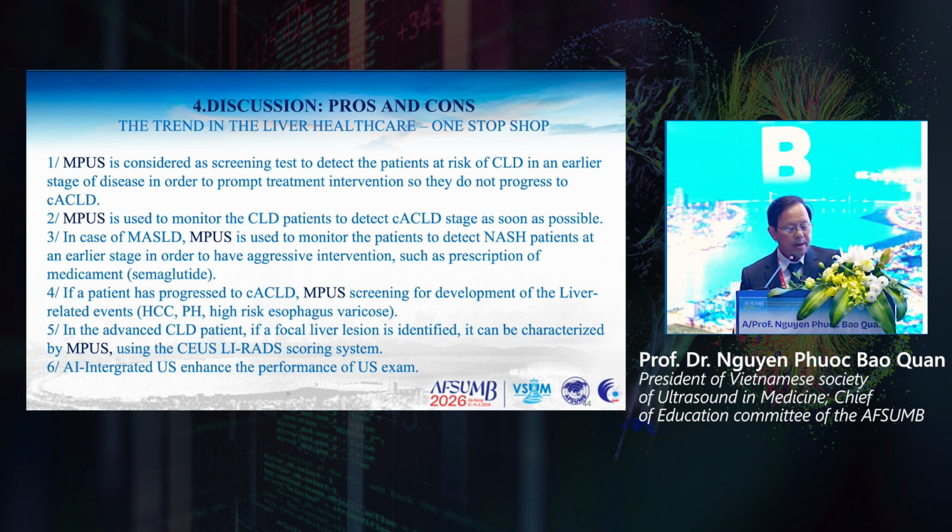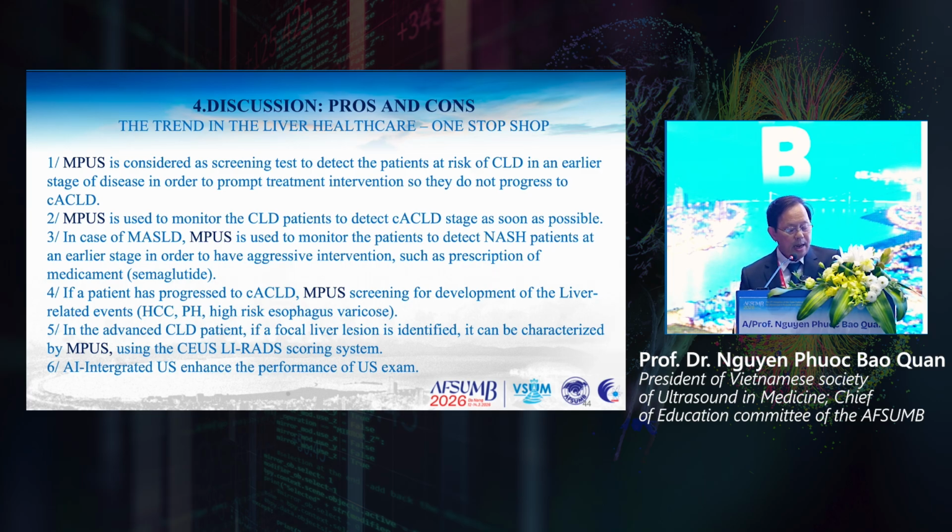Multiparametric ultrasound is used to monitor chronic liver disease in patients. In cases of metabolic dysfunction associated with stable liver disease, multiparametric ultrasound is useful to monitor the patient and detect masses in the